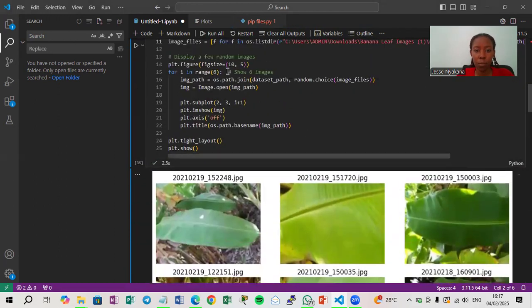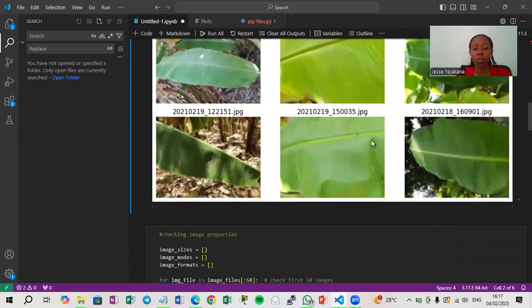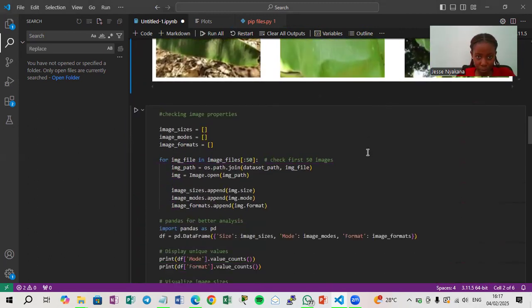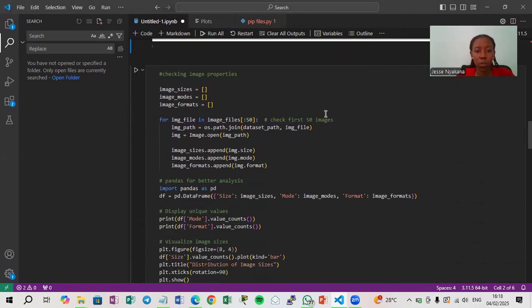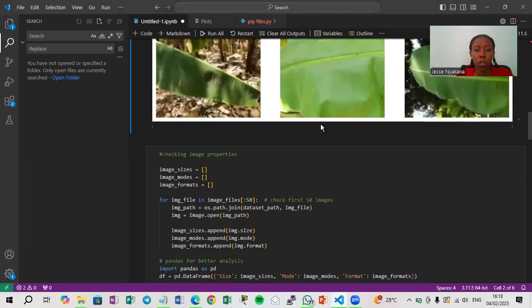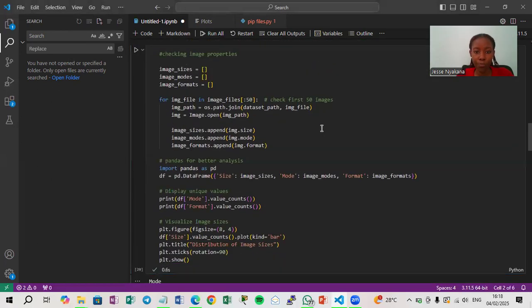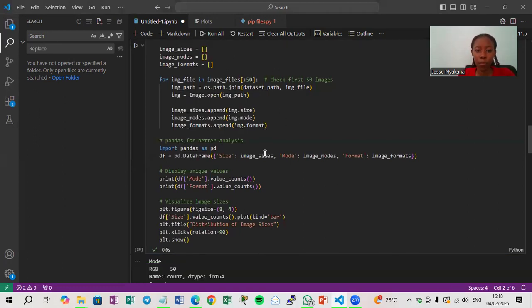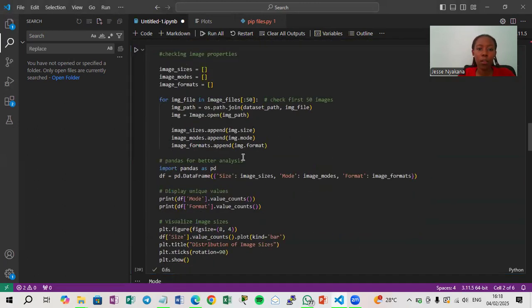We chose 6 images here. So these are just random images. So these are the healthy images. So the next thing we are going to do is check for image properties. So we are going to check the first 50 images. That's why we put 50. So we are going to import pandas also for better analysis of the images. And when we run the code,